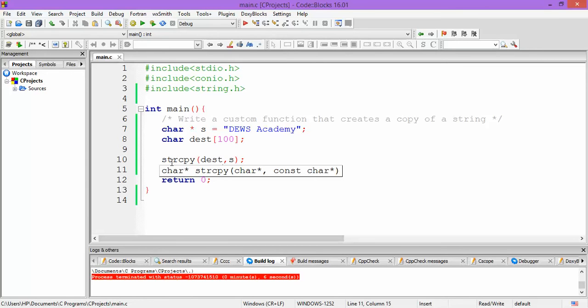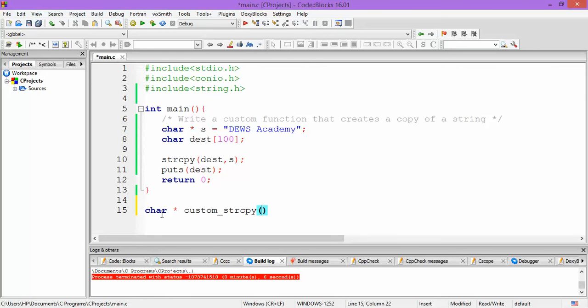So let us create a custom string copy function which returns a pointer to the destination array, and let us name it custom_strcpy.